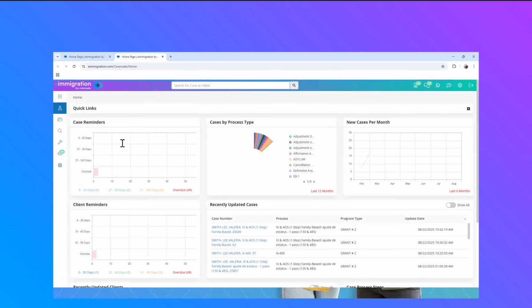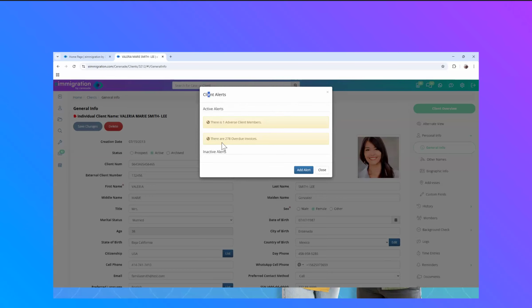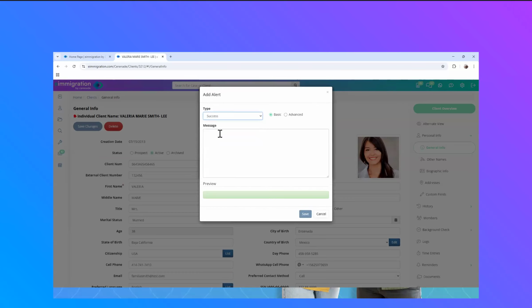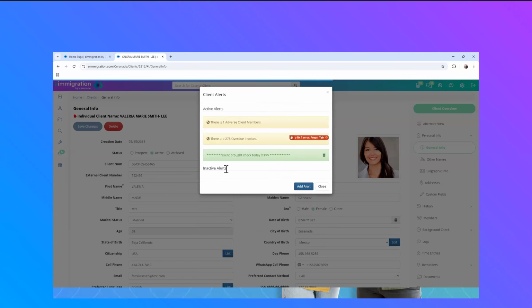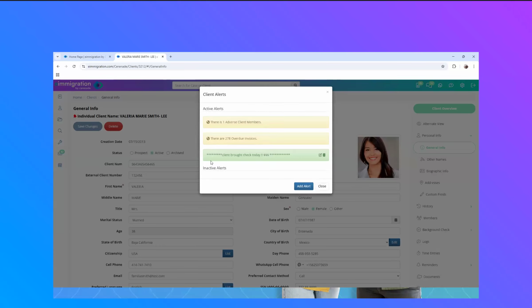If I was your receptionist or front desk and I don't know about this person and they call with questions, I get the alert. So I can see that they have overdue invoices. I cannot delete it, but I could add another alert. Maybe just success. I'll put something like, client brought check today. Something that allows my staff member to know, hey, whenever they go to this client's profile, they get my message